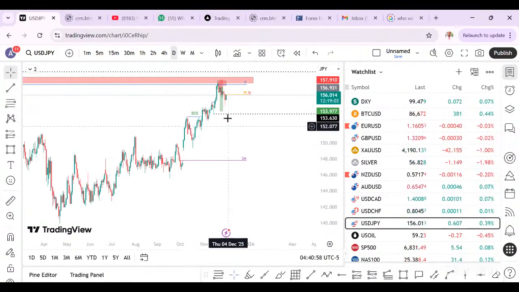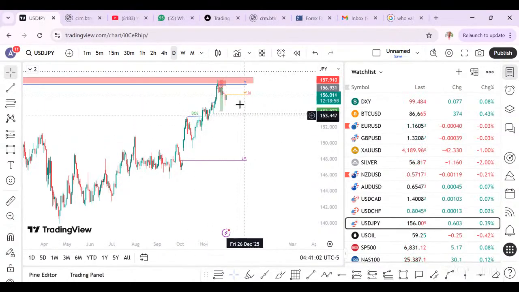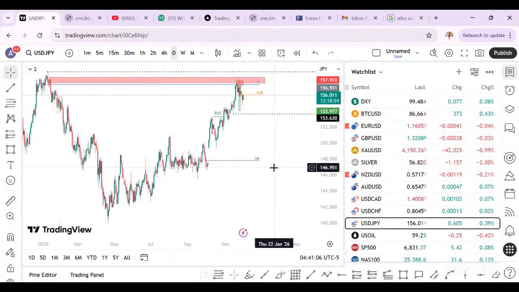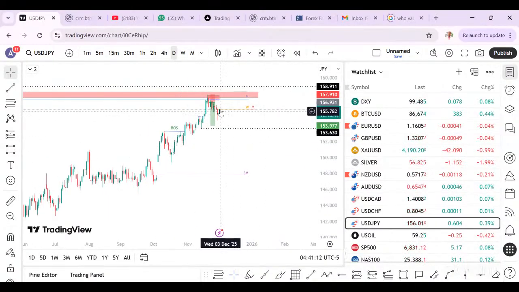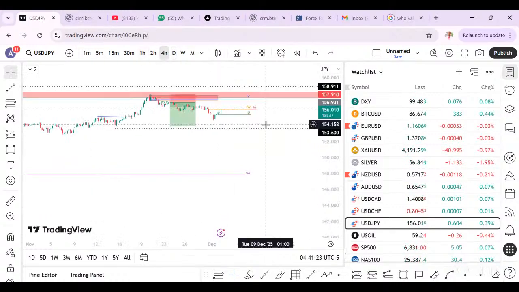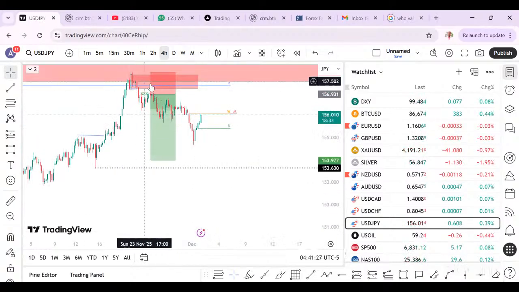This one is bearish as long as price is still trading below this low. So for now, we can't do anything. You can't say it's good for a sell, and it's not for a buy. If price comes back here, we'll look for an opportunity to buy. But the more it looks bearish, you can say.